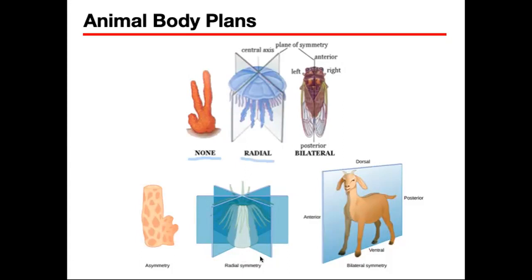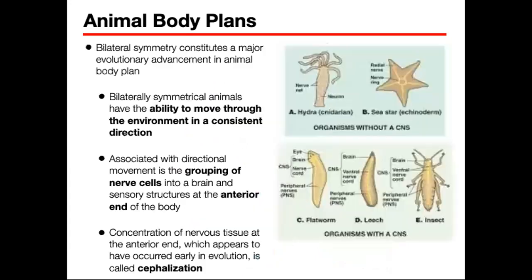So that's the comparison. And we also have asymmetrical animals, which is in this example, we have the sponges, no? Yung ating marine sponges. Okay? Bilateral symmetry also constitutes a major evolutionary advancement in the animal body plan. So gaya na sinabi ko kanina, no, yung bilaterally symmetrical animals are able to move through the environment in a consistent direction. And the reason for this is